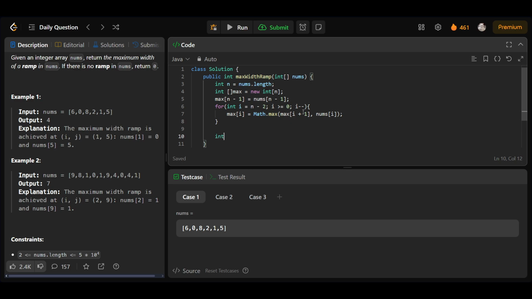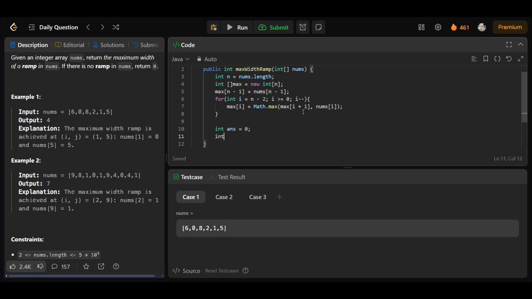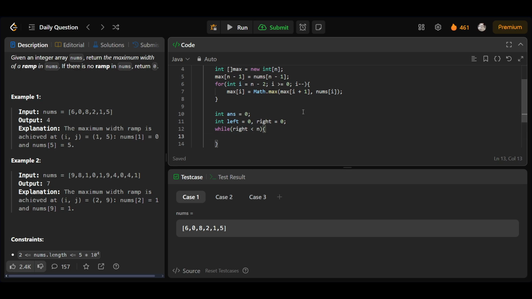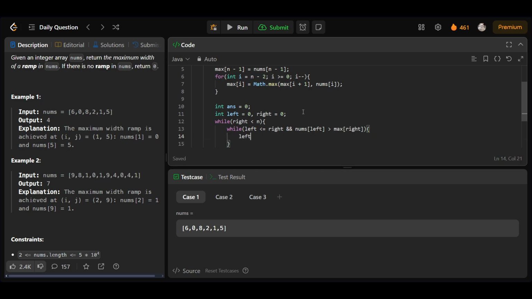Okay, and now let's define the answer, that is equal to 0, and let's have two pointers. Basically we'll be traversing from left and right, so left is equal to 0 and right is equal to 0. Then while right is less than n, what I'll be checking is that while left is less than or equal to right and nums[left] is greater than maxOnRight[right],